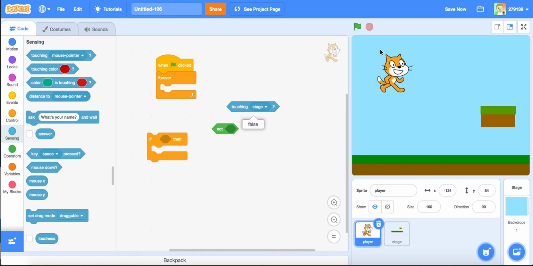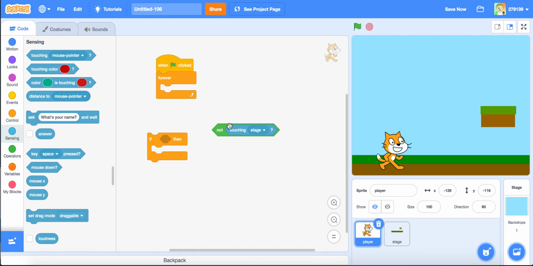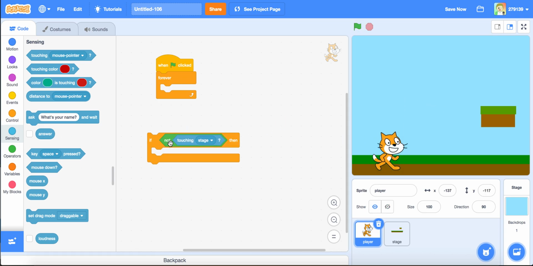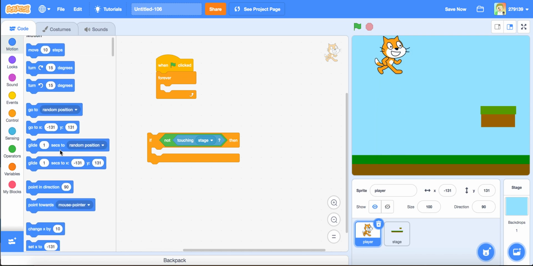See, we're not touching it, but now when the player's right there, you are touching it. With not touching stage, right here you're not touching stage, that says true. Here you are touching stage, so it says false. So you're gonna drag this into here and say if not touching stage,